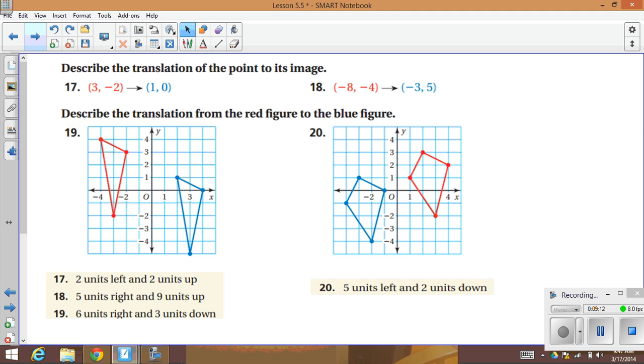17, describe the translation of the points. So the easiest way to actually do this, I'm going to use the graph of 19 to draw the picture. I'll use green. I'm going to take 3, negative 2, so I'm going to go right 3 and then down 2. And then I'm going to take a look at 1, 0. I'm going to call this X. Then 1, 0, I'm going to call this X prime. So the question is,